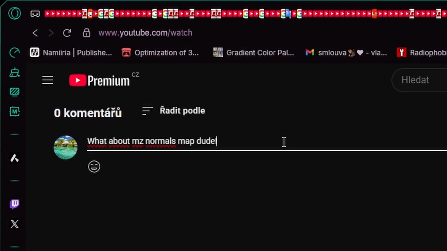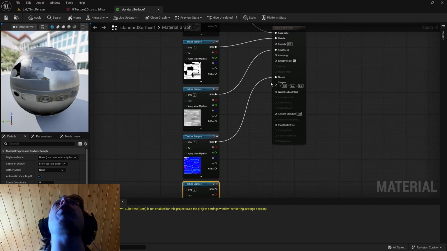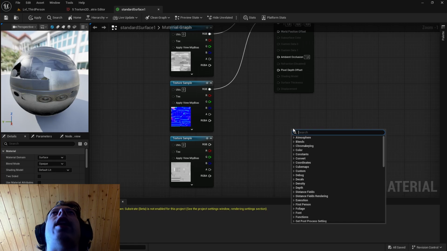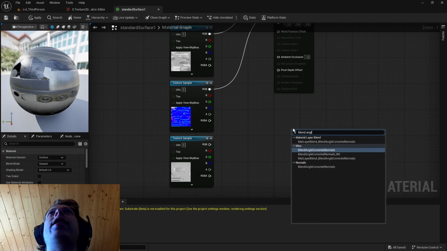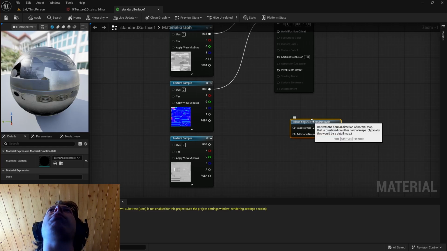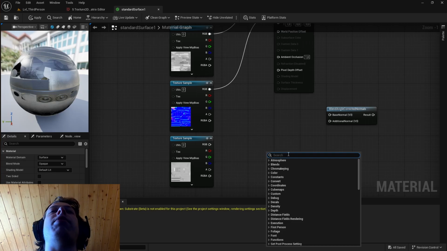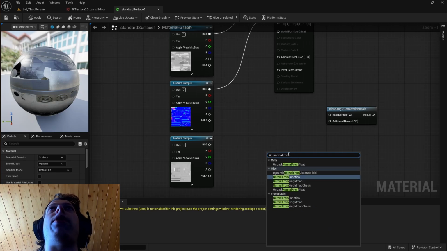What about my normal maps? Because there is only one normal pin in the shader, we need to combine the normal map and the height map together. To do that, type Blend Angle Corrected Normals. We can combine two normal maps, so we need to convert the height map to a normal map. Hit tab again, type Normal From Height Map,